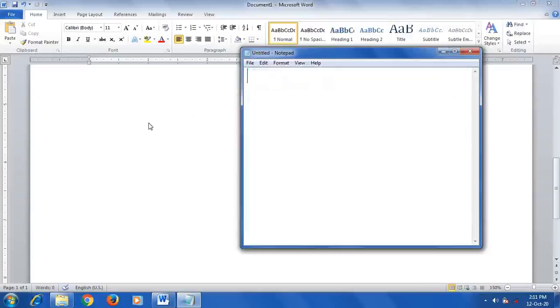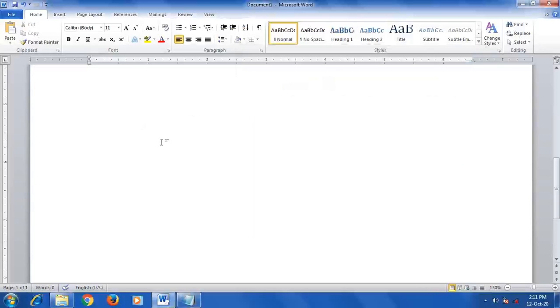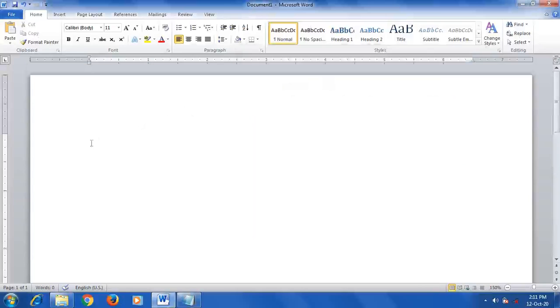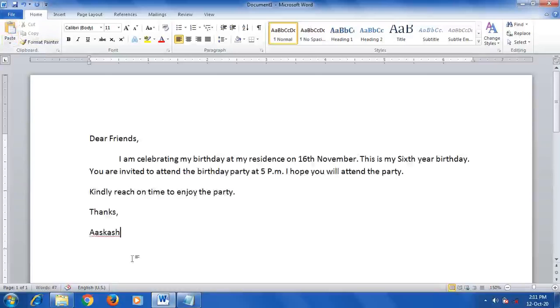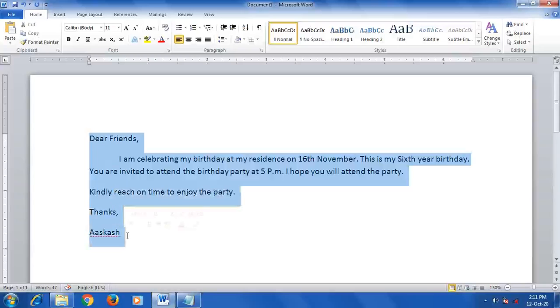Then again you can keep the cursor in this Word document. So now see here, cursor is displaying, then click on paste option, text appears. This is one method by using cut and paste. You can use the shortcut key also. Select the text and press Ctrl X button.